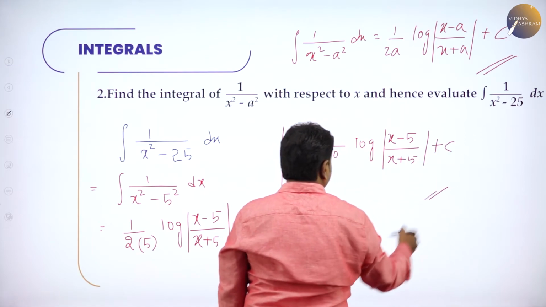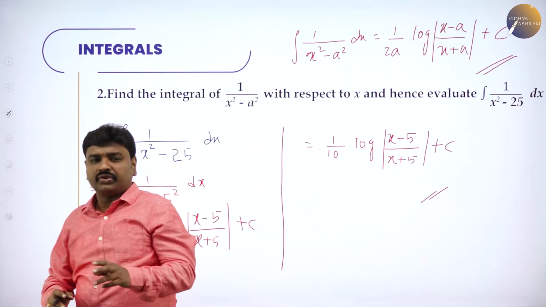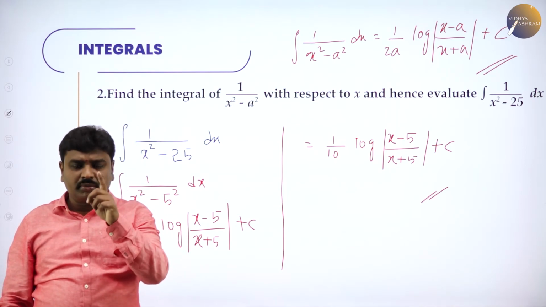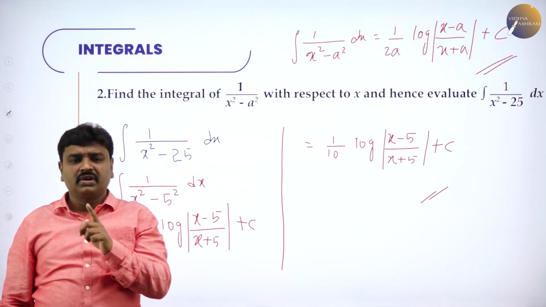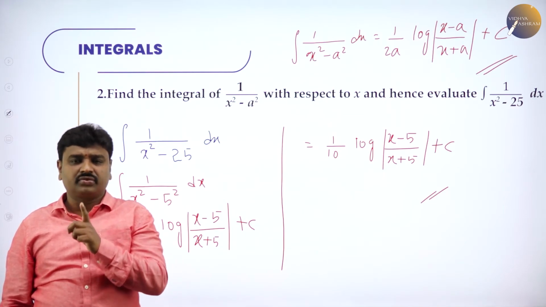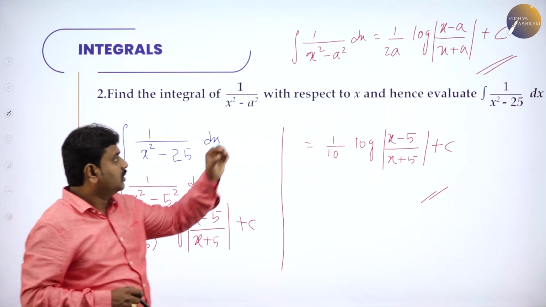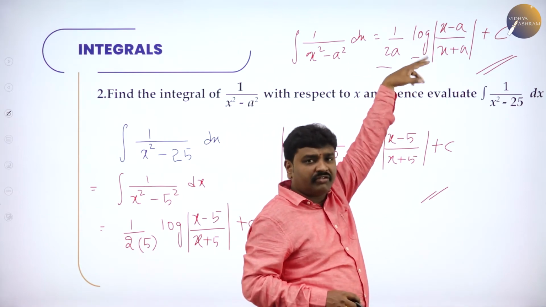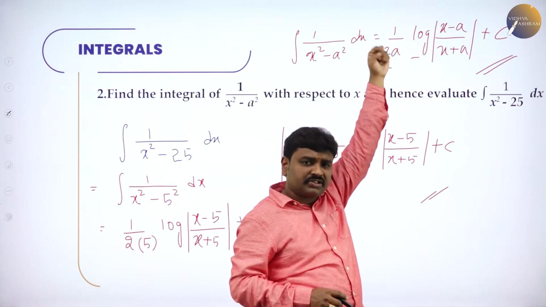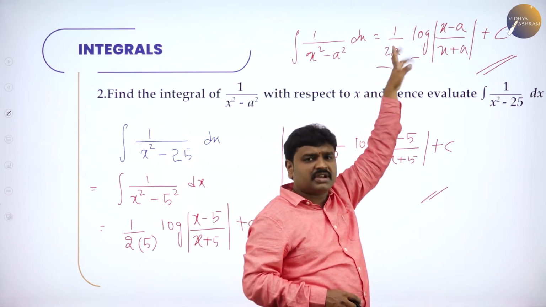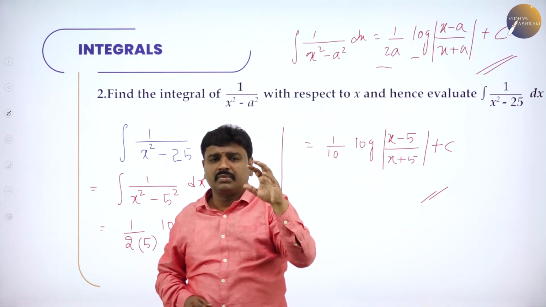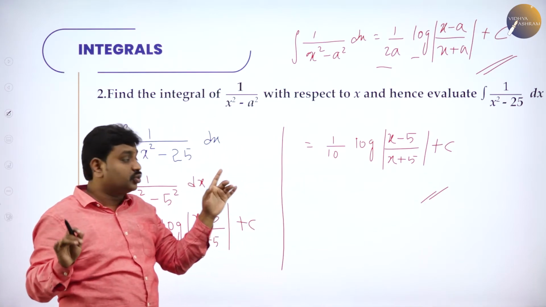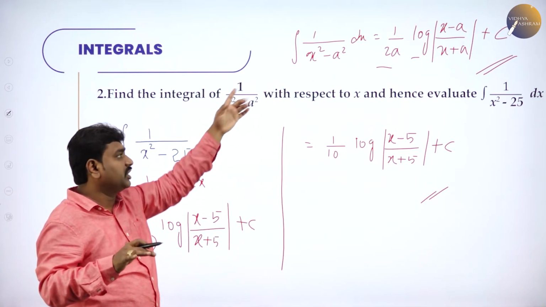I hope all of you understood. We have done two specific integrals: integration of 1 by a square minus x square and the other one, 1 by x square minus a square. For both, the quotient is 1 by 2a. For both we'll have log. For both we'll have factors. For the first one, a plus x by a minus x. Second one, x minus a by x plus a. Memorize the formula. Learn, write and practice the formula. No need to derive the formula to solve the problems. To solve the problems, apply the formula.